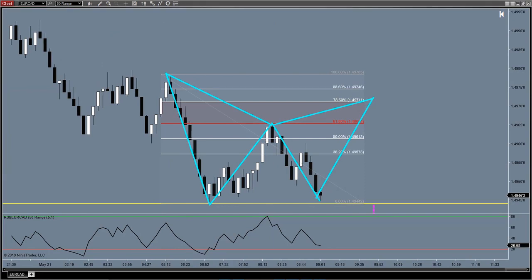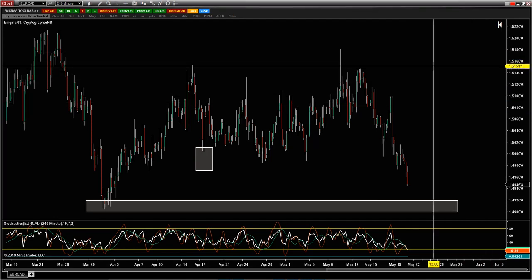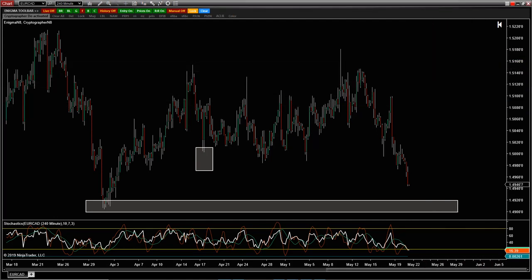A strange pair, I know, but a lot of these pairs are offering good trend continuation opportunities. Euro pound was one I want to take a look at too. But we'll do pound dollar first, and then we'll do euro pound. Euro pound tends to move like molasses anyway. So pound dollar. Oh, we did. Hold on. We did do pound dollar.